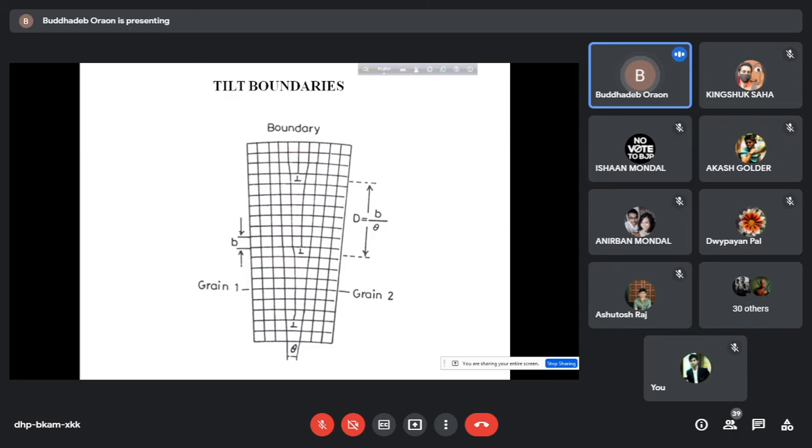So here you see tilt boundaries. So you see here is one extra half plane, then of shorter length. Then you have got, let us say, another one of this length, then another one of this length. So basically what happens, there is a tilting of the perfect atoms which are present in a line. So this actually makes the